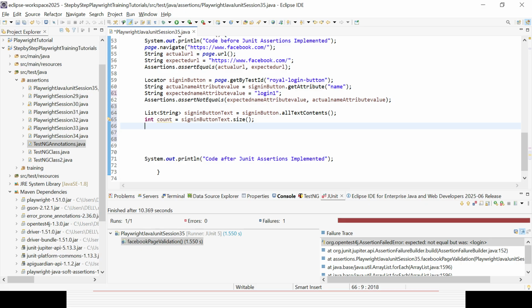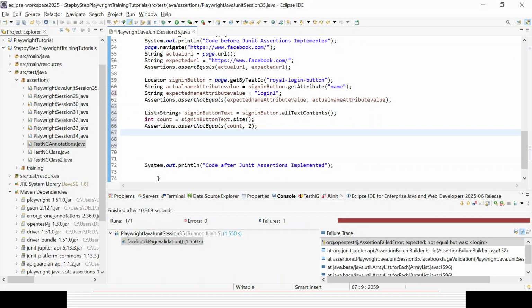Then I can again try to call something called assertion dot assertNotEquals. Okay, what I can give here is this variable called count. Count actually is coming as 1, but in case I am giving it 2, it will pass, right? So that is it, it will pass. Apart from that, I can try to call